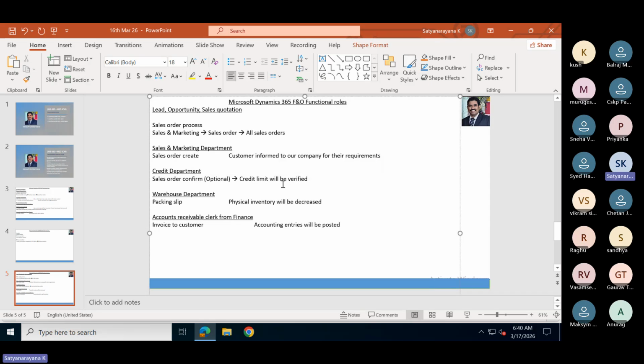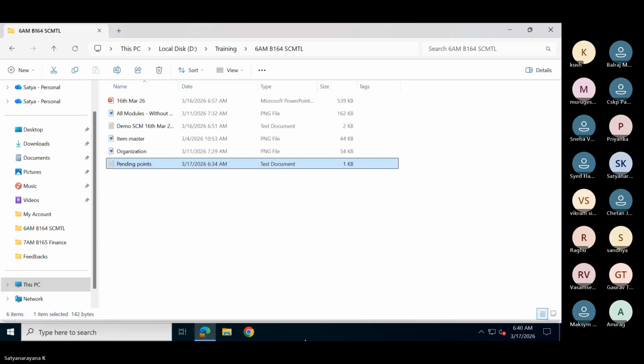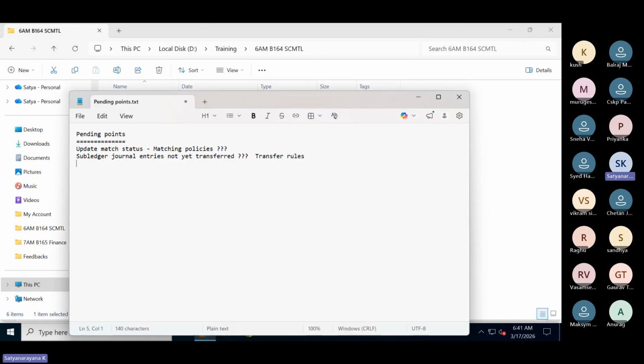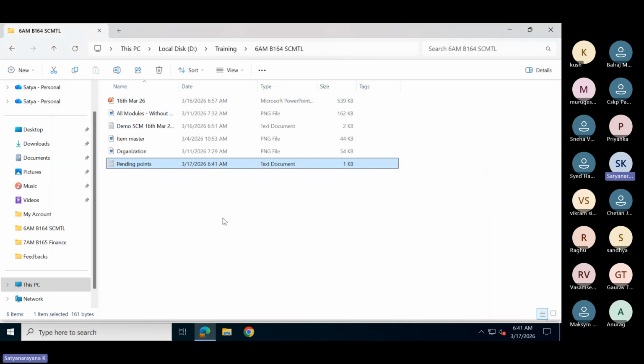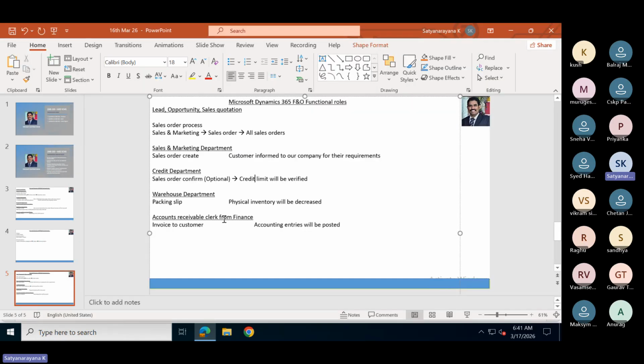I told you this is the credit limit. What does credit limit mean? This is a part of finance once again. In the future I'm going to teach you what credit limit is. In reality, all these three topics are finance topics, but you should know them. I will cover this in a combined session.